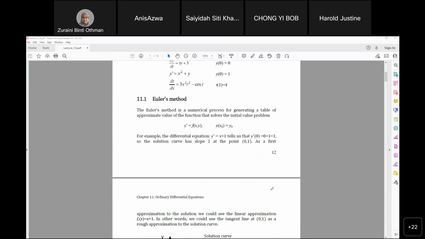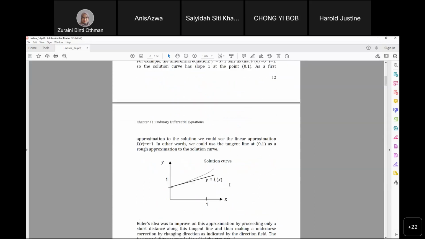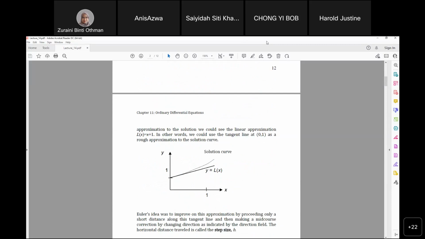Maksudnya ialah apa? Bila kita tengok graf ni, this is the solution curve, and this is what we want to find, the approximation curve. Macam kita ada integration hari tu kan, in order to make this error smaller, maksudnya kawasan ni is error actually. Sebabnya ini ialah initial solution and this is approximation solution and this part is an error dia. For this kind of error, kita boleh kecilkan error ni